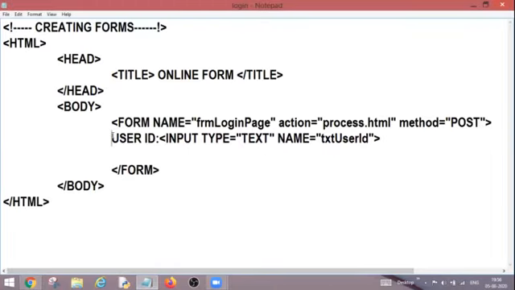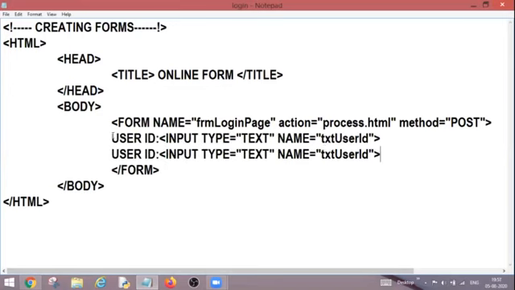Okay, now come back. Similarly, what can I do? I can copy it, Control C, and here I can paste it, because I need to add a text box for the password field also. So I will be changing this text to password. The type is text and the name I can change to password. No need to add anything else because this is my only password field. So Control S and go back, refresh the web page. Now we can see that one password field is also added.